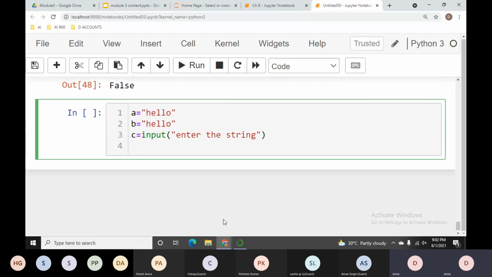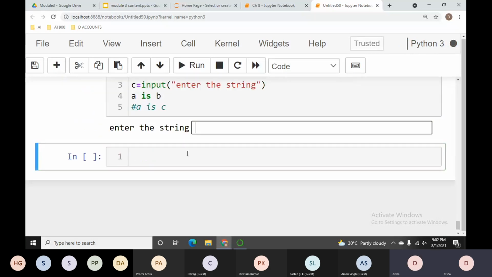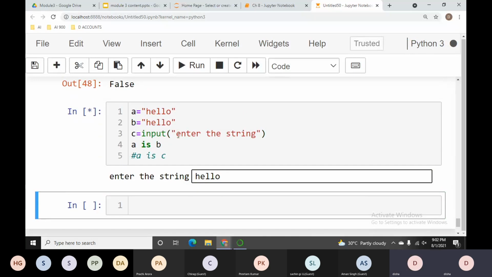Let me say A is B, and A is C. Okay, let us check it. First, let me comment it. So I said hello in A, in B this was also hello, and in C I'm again taking the hello string. Let's take the output.